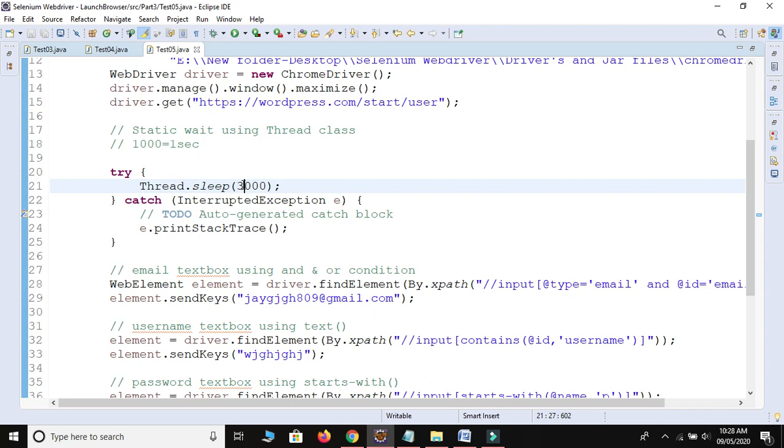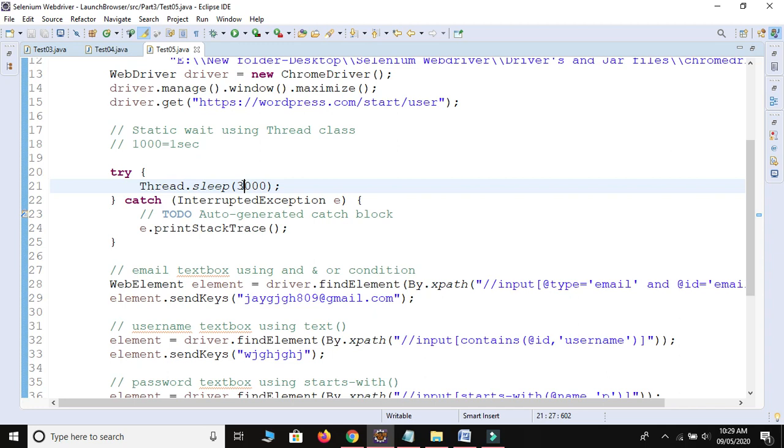If you provide 10 seconds many times, and your code is more than 100 lines, then it will wait for at least 1 to 2 minutes. That's why Thread.sleep is there in Selenium as a static wait, but most of the time it is not recommended, because it will not ignore the remaining time if your element is found in just 5 seconds.